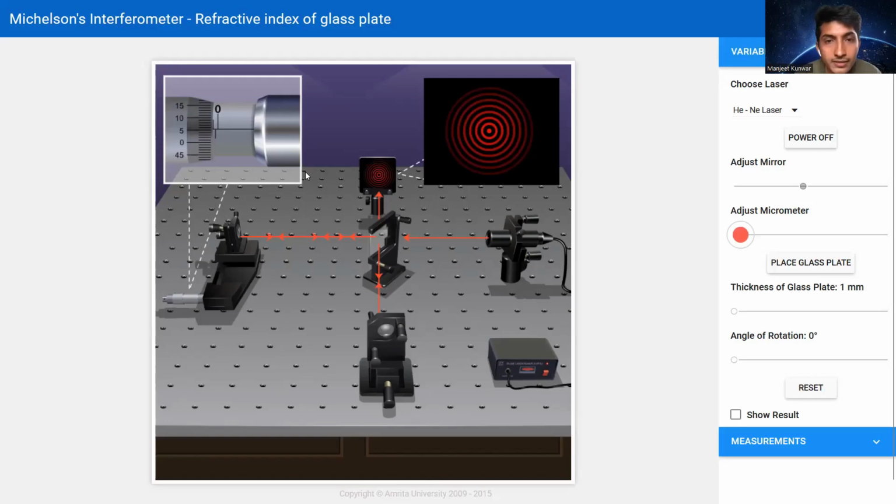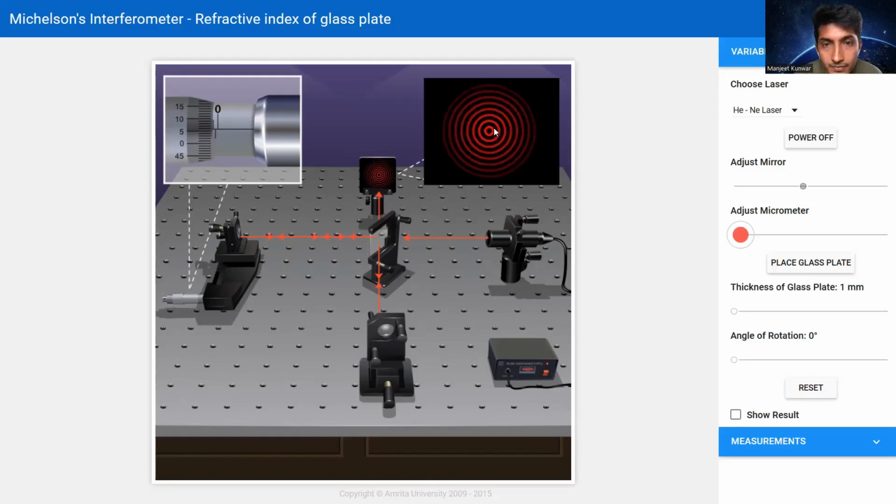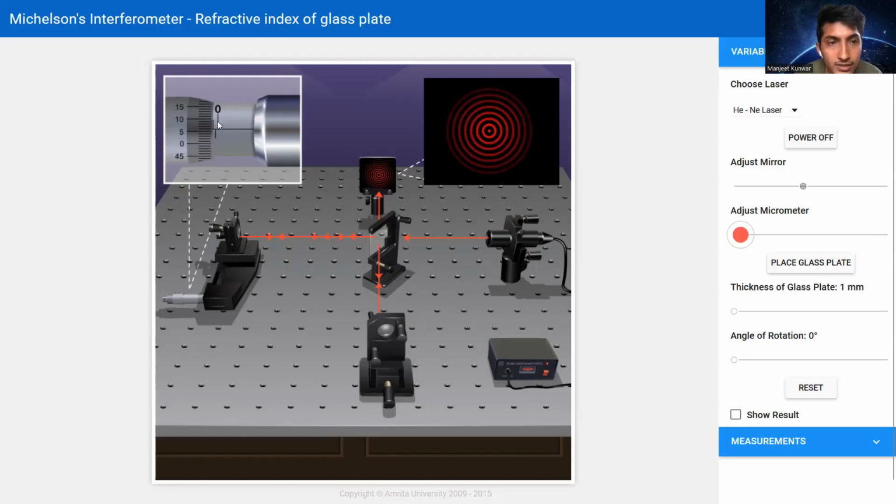And we again adjust the micrometer. This cannot be counted as a bright fringe. We adjust our micrometer until we obtain a bright fringe and note down the reading from our micrometer. And the experiment is repeated again and again until we get